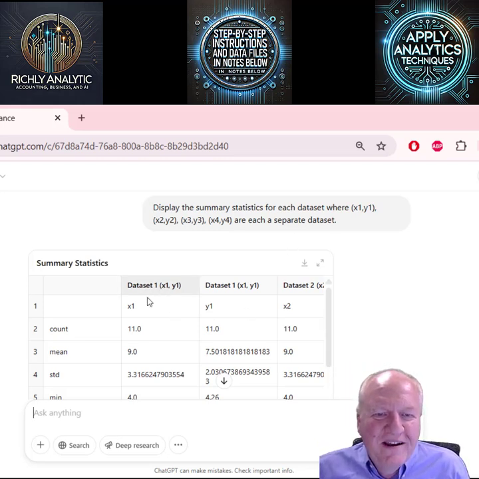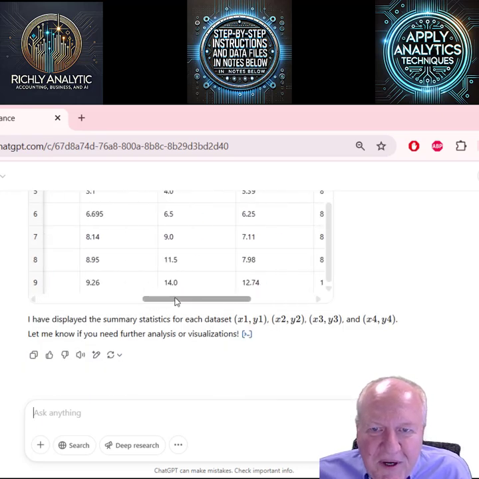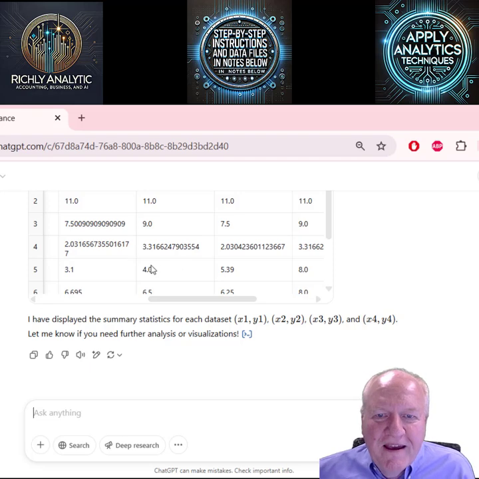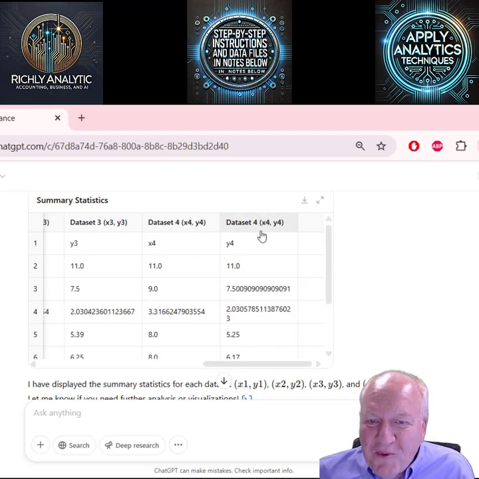So data set 1, here's the X1, here's the Y1. Let me go down to the bottom here, but for each of them, the data is identical. For example, the Y2 here is identical to the Y3 here, is identical to the Y4 here.